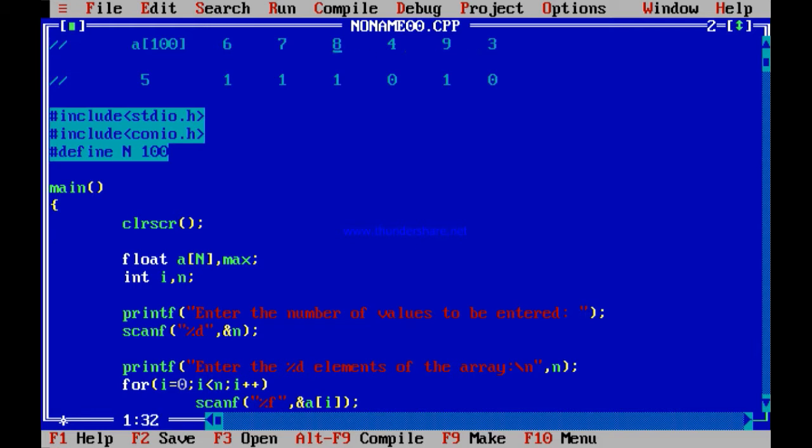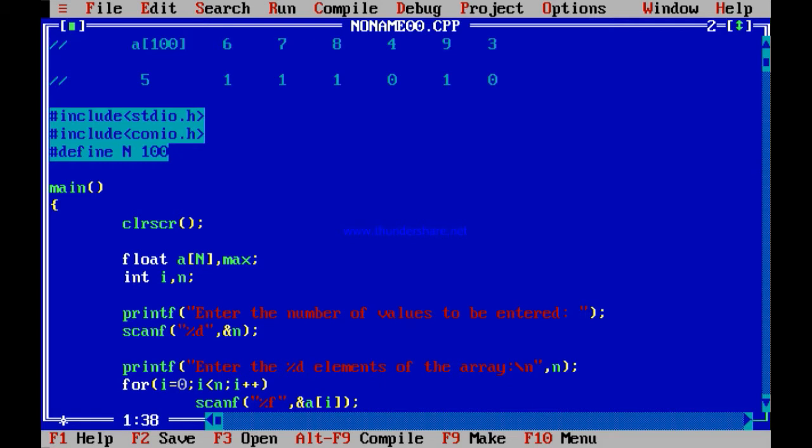Now you will be given another reference point by the user. Say you have been given 5. Convert the array to 1 or 0 with reference to that number. That is, if the number is 5, then 6 is greater than 5, make it 1. 7 is greater than 5, convert it to 1. 8 is greater than 5, convert it to 1.